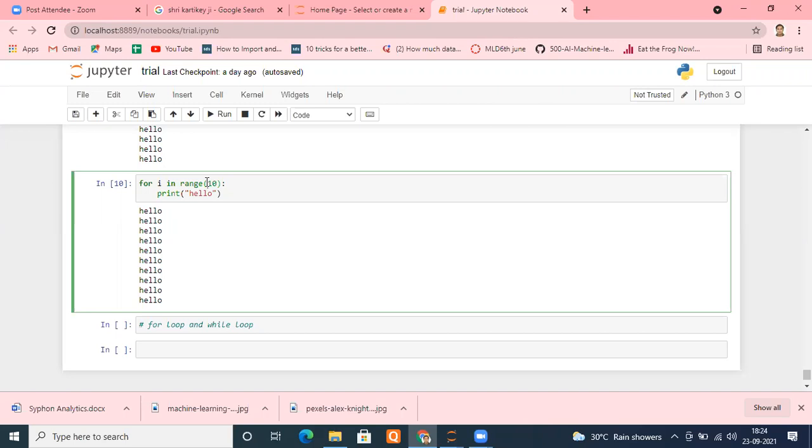So one way is to allow you to enter the password 3 times. The other way is to allow you to enter the password till you succeed. Now you can guess in which condition which kind of loop will be used, for loop or while loop. When I want to give you 3 chances, which loop will you use? For loop. Very good. And when I want to allow you unlimited tries till you succeed, while loop. Keep that in mind: if you want to run a loop till a particular condition is satisfied, go with the while loop. And when you want to run the loop for a fixed number of times, go for the for loop. You will remember that.